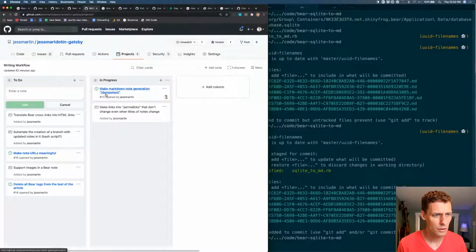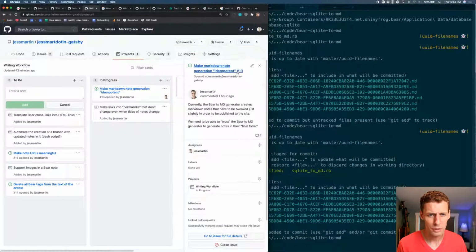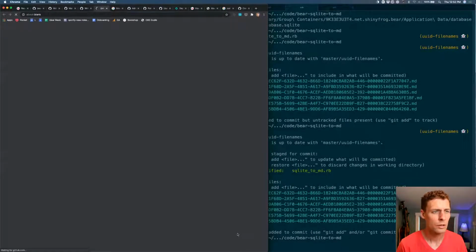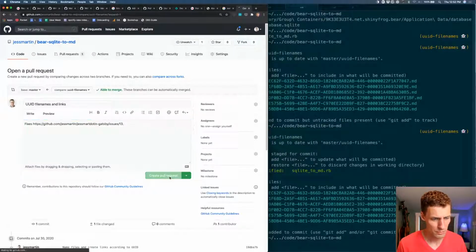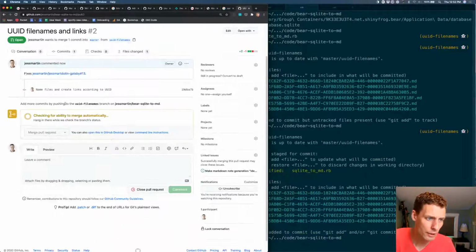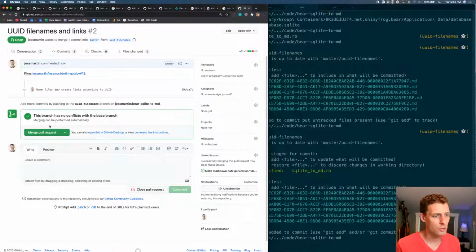Where is it? Make markdown note generation idempotent. Fixes that. Create PR. All right, there's not really anything that this does because there's no